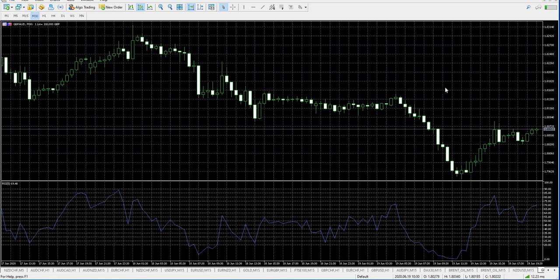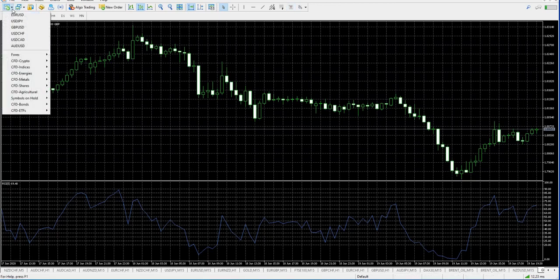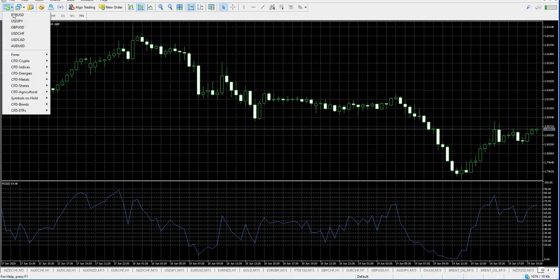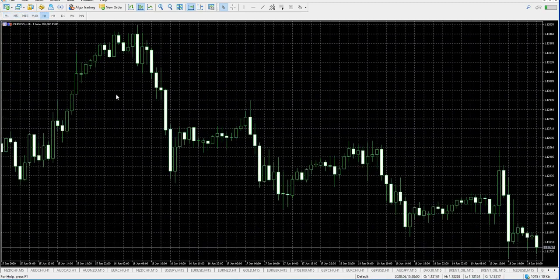Well, first of all, by default, when you set up a chart on MT4 or MT5, let me just go to a blank chart. At the moment, we're on the pound versus the Australian dollar, as you can see there. But if I open a blank chart right there,